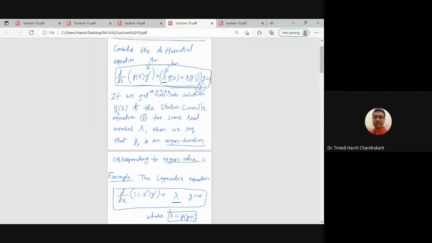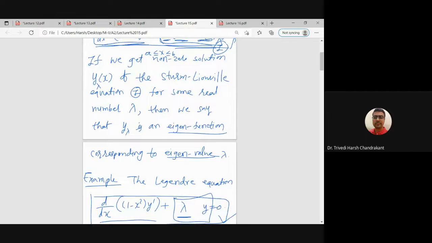If we compare these two equations, the Legendre equation with the Sturm-Liouville problem, then we can observe that we need to take R to be 0, right? Q to be 1. So then the last term will be essentially this term. And the first term, if we compare with the Sturm-Liouville problem, we essentially get Px is 1 minus x square, right? So if we take Px is 1 minus x square, then now we can see that from this computation,